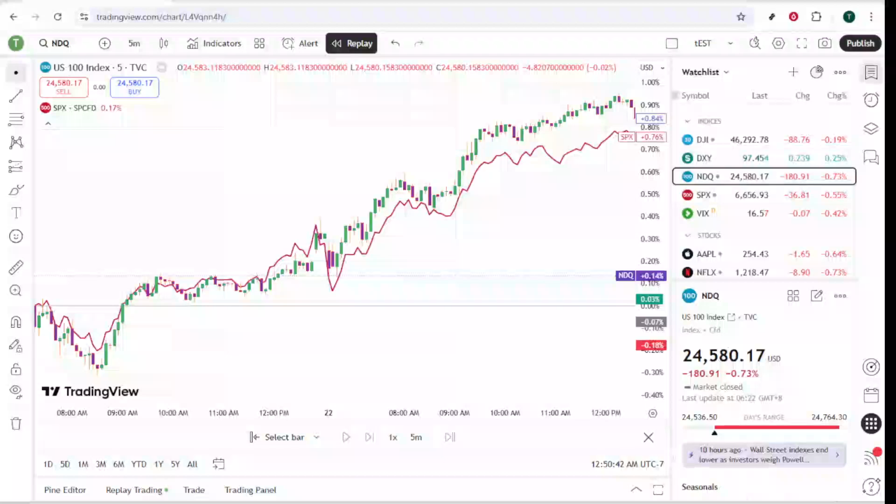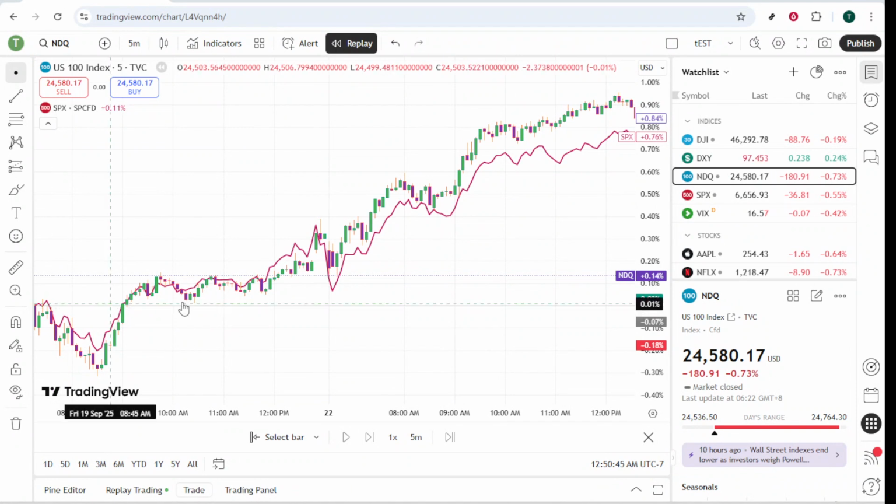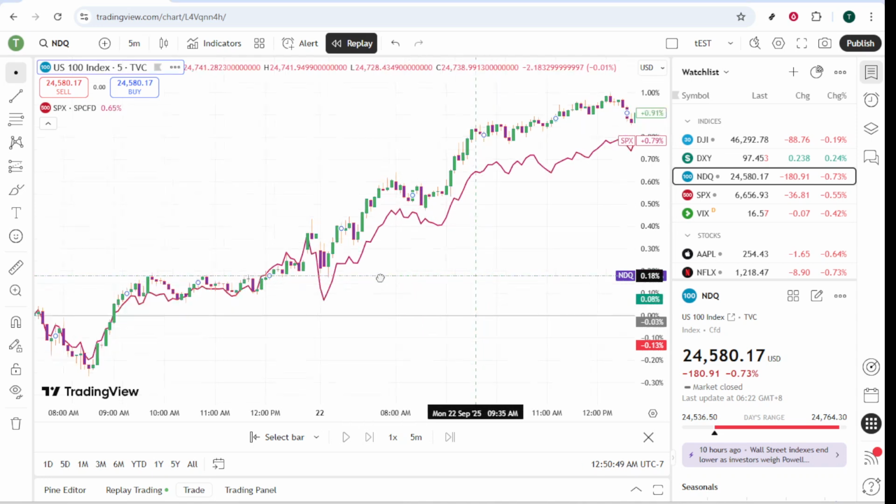In today's video, I'm going to teach you how to compare charts in TradingView, an essential skill for any trader or analyst who wants to get a better understanding of multiple assets together. Let's dive right in and walk through this process step by step so you can efficiently analyze charts and make